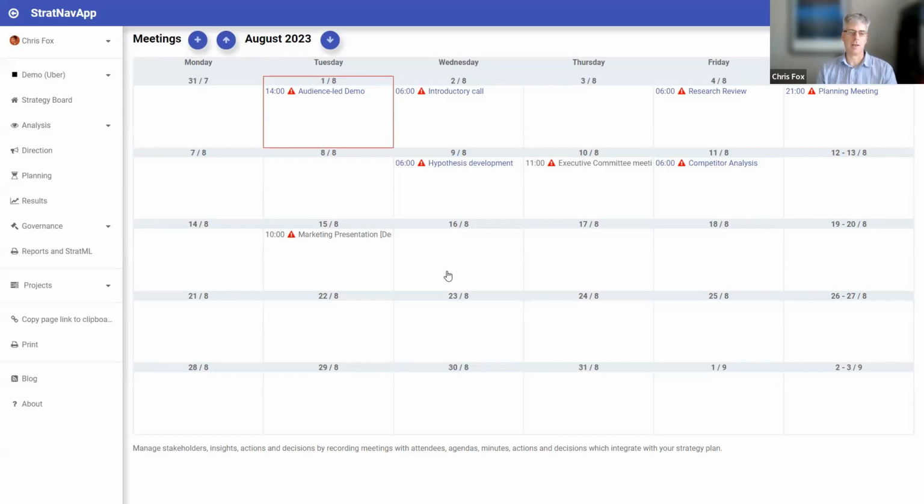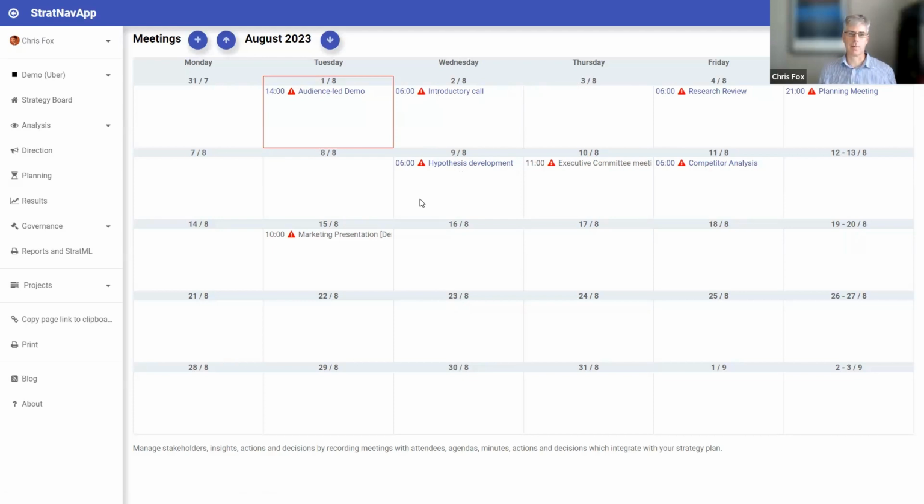And so typically when I start a project, I would start off by saying, who are the key stakeholders that I need to engage in this project? And I might do them one-on-one or in groups, depending on how we're doing it. And then I would arrange meetings with them and plan agendas. And these things would get mapped out in this sort of calendar-based view here. And you'll see